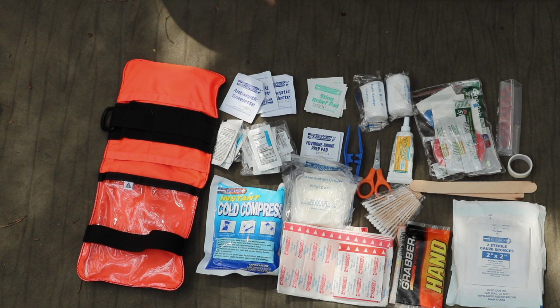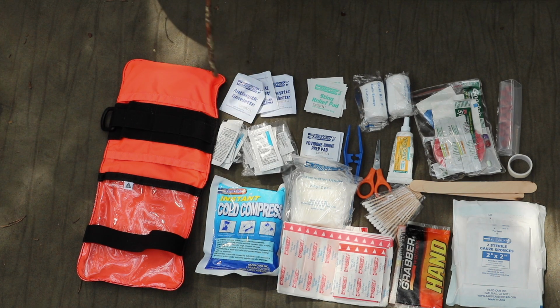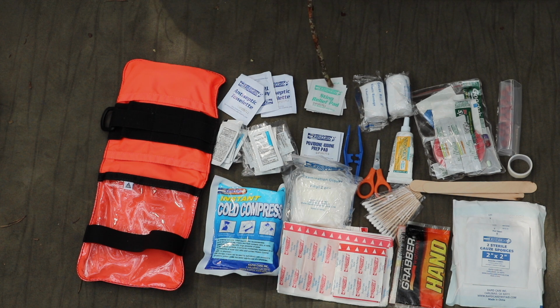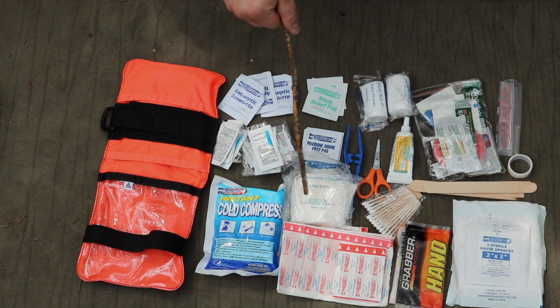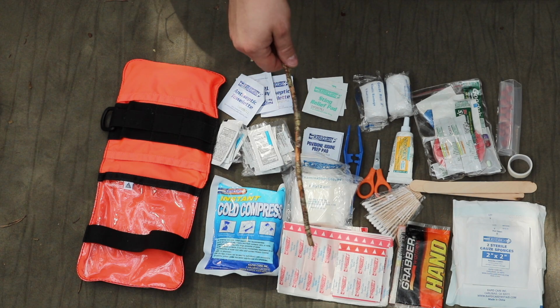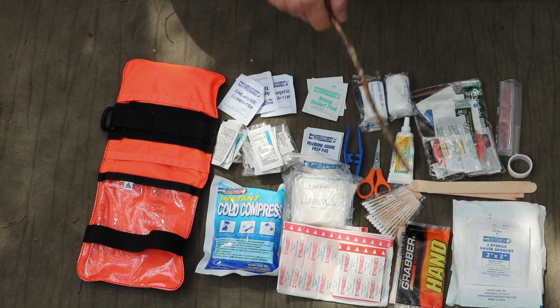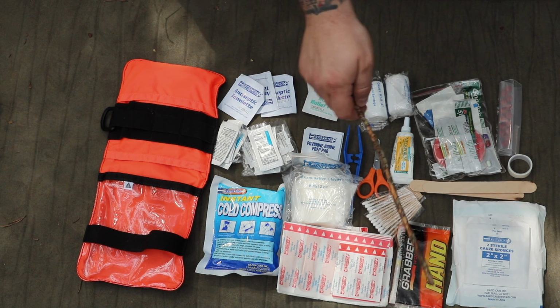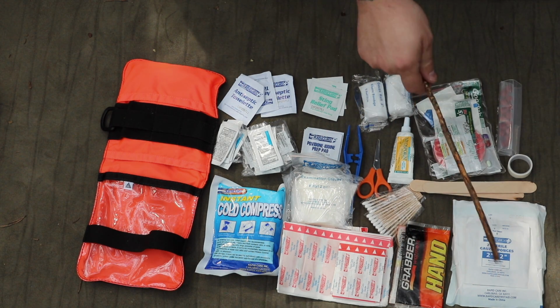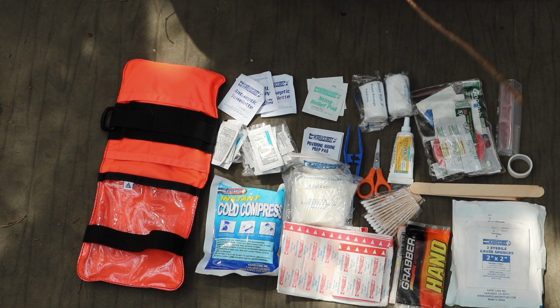So basically it's just for cuts, burns, and bruises. I've got a cold compress, some burn gel, some antiseptic towels, sting relief, some iodine pads, some latex gloves here, a few different sizes of band-aids. You can never go wrong with band-aids. Some gauze rolls, a pair of tweezers, a pair of scissors, some Neosporin, some Q-tips, a hand warmer, some gauze pads, two giant popsicle sticks in case I need to splint up a finger or anything like that,